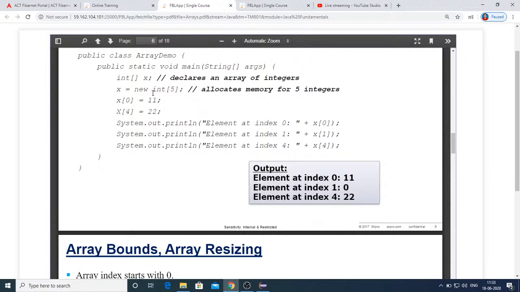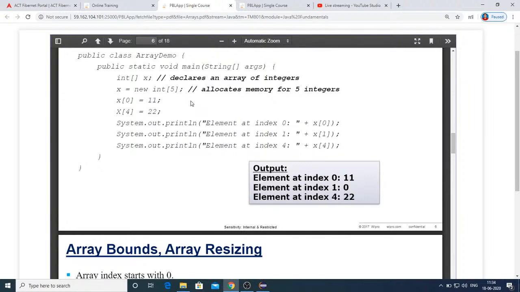Now observe this, int x is declared, x equal to new int of 5 is initialized. You may ask, we have not given any values, but by default when you are allocating memory to the array, all the values are initialized to their default values.